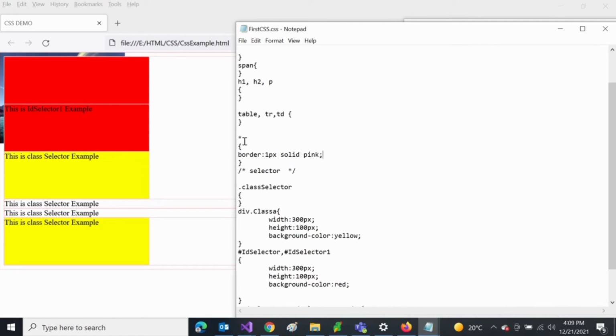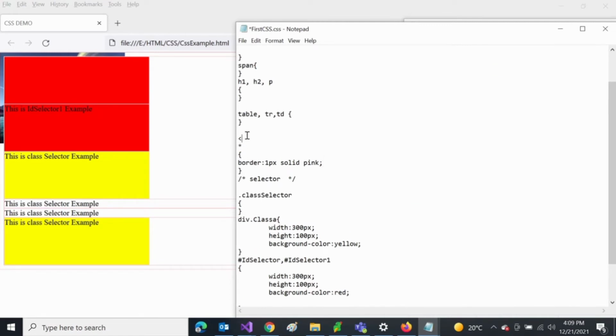So now let's modify it to see there are some extra properties of border, like dashed and dotted. So let's do it. Let's make it a little bigger, the border 3 pixel, and then